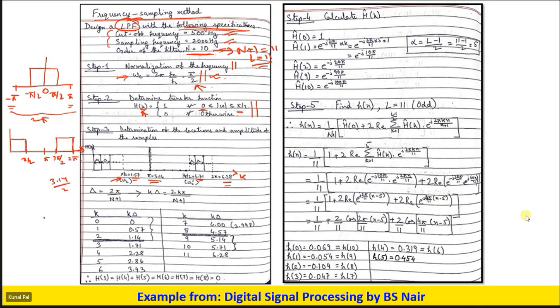This is so because, if we go to the Z plane, this is pi by 2 and here we have 3 pi by 2, and we have seen that this region and this region are equivalent. So if we have a passband for the low pass filter from 0 to pi by 2, then we will also have a region from 3 pi by 2 to 2 pi. Right? So that would be the passband.